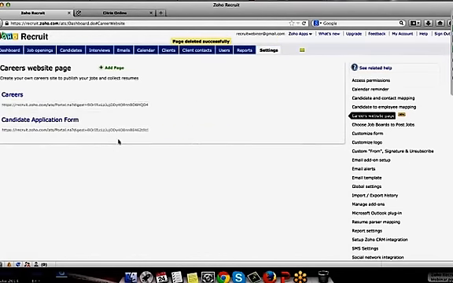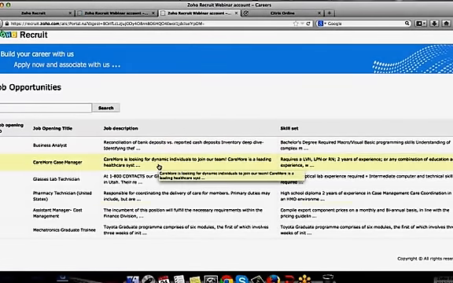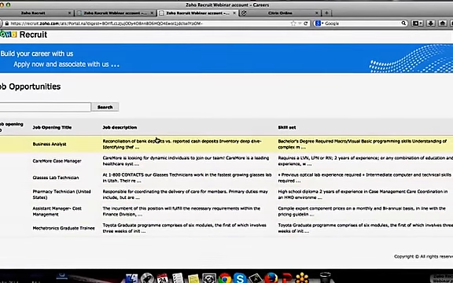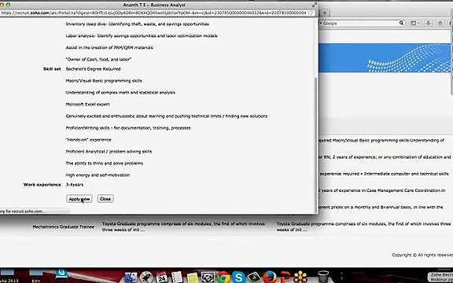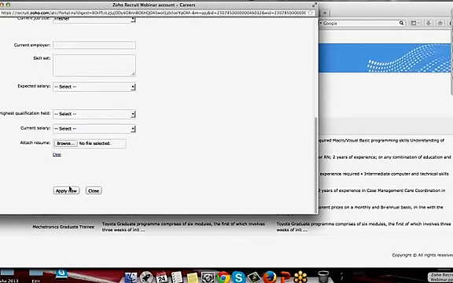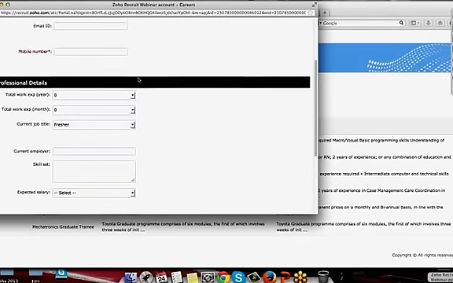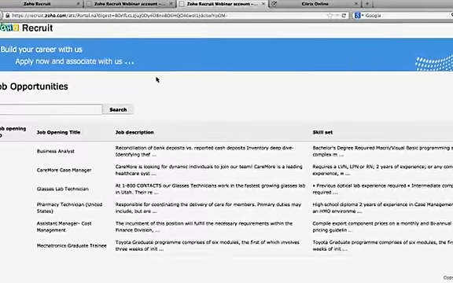So I have created two pages for me. One would be the list of job openings. I click on open URL, and the other one would be a candidate application form. This is my page where it just shows the list of job openings that I have, where I can click on it to view the job opening information. The application would be like the candidate application form, which again we customized. Upon clicking on apply now, the candidate's information would be automatically added to the Zoho Recruit account. To show you an example,